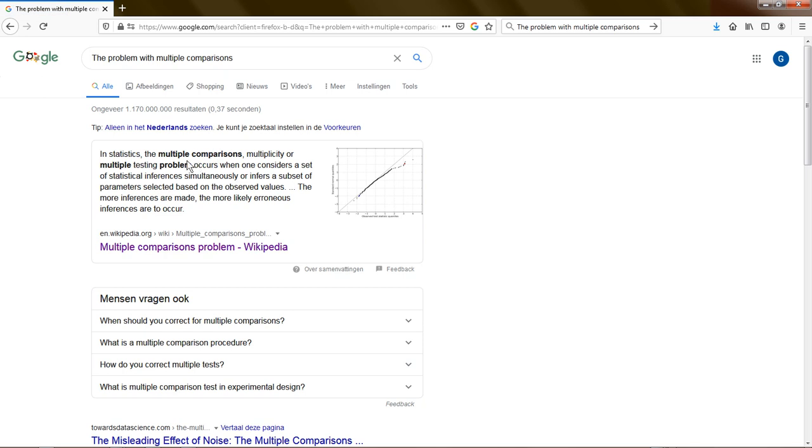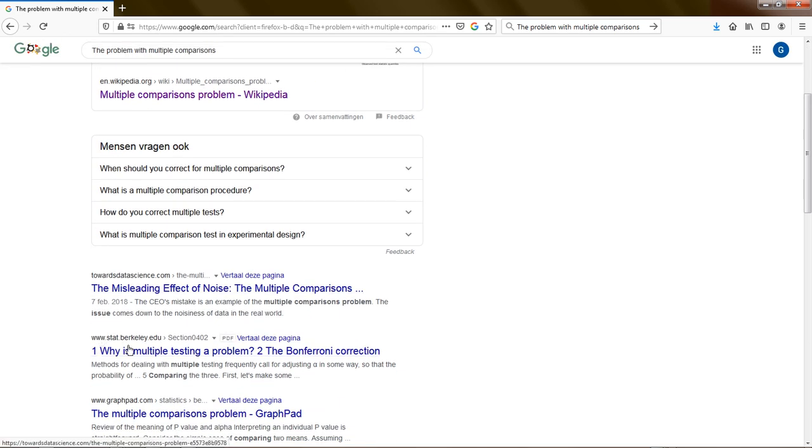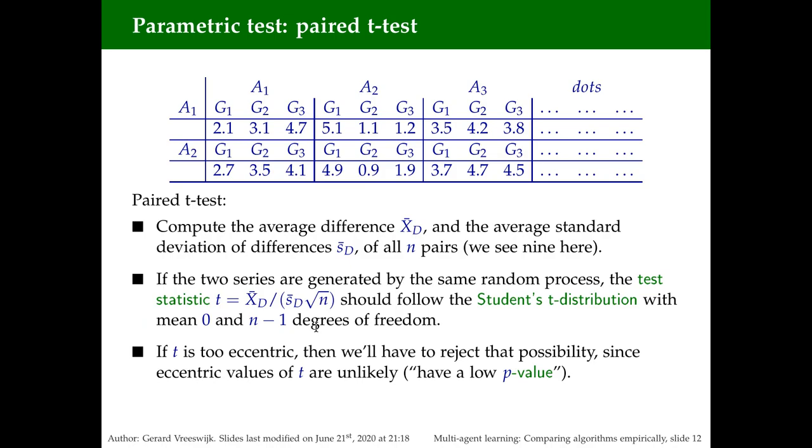So when you do multiple comparisons, then it's more likely that you discover significant results. So you have to correct for this. So it's not an entirely trivial matter. So let's move to the next slide.